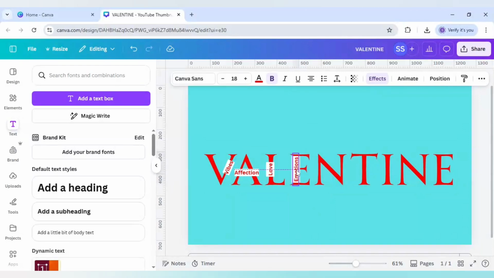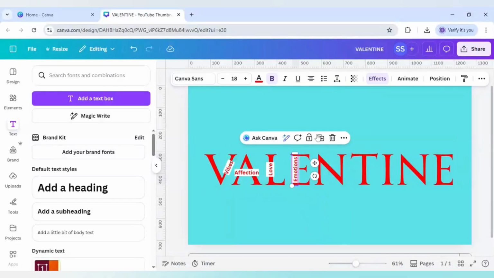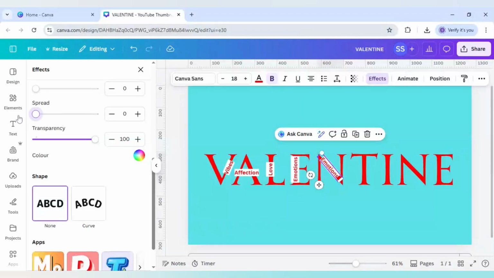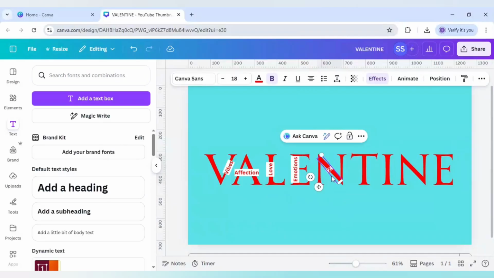So let's make it in the same line. Okay, and place it right here. Okay, and after that here I will bring it again and I will just rotate it and check which angle looks good. So this one is looking good, but we need to work on the effects. So just decrease the spread, and after that just bring it here. I will just write here needed,